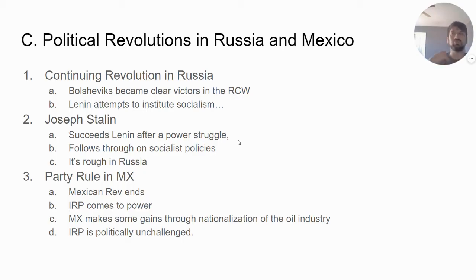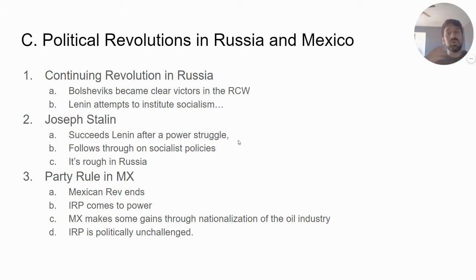So when we talk about the resource wealth of Mexico, way back in the early modern era, we talked about silver and how Mexico was one of the linchpins of Spanish power. Now, another resource that Mexico is wealthy in, oil, is a reason that gives Mexico stability. And the PRI stays in power in Mexico until the 1970s.